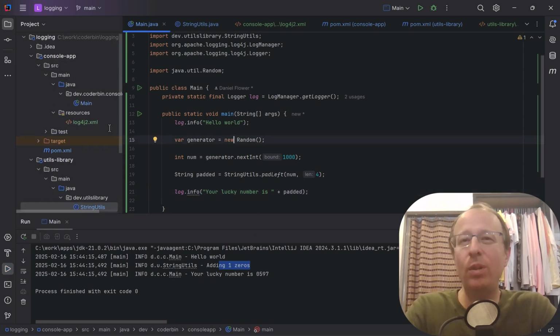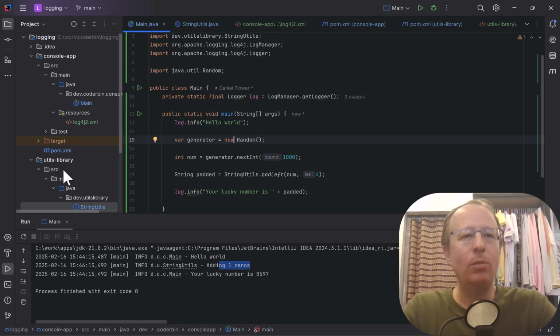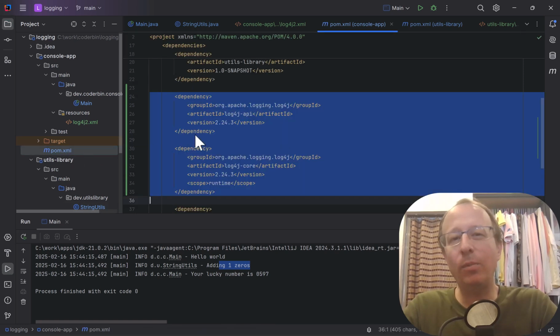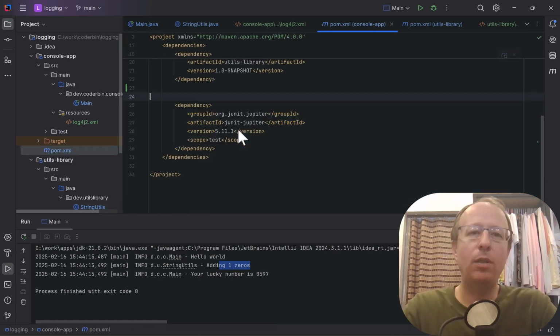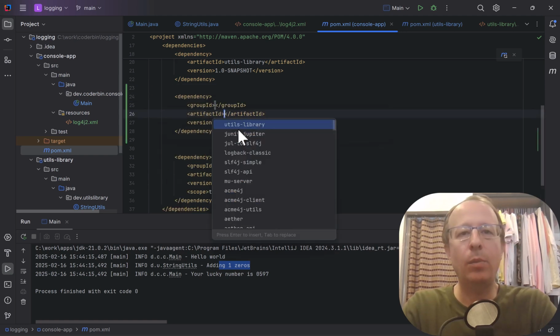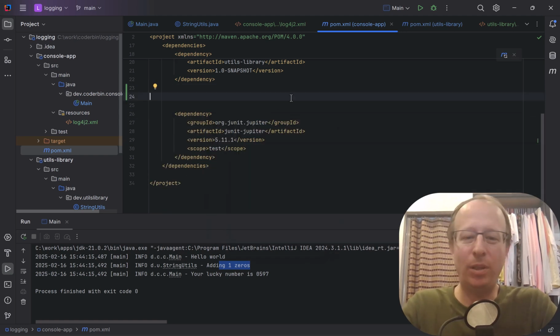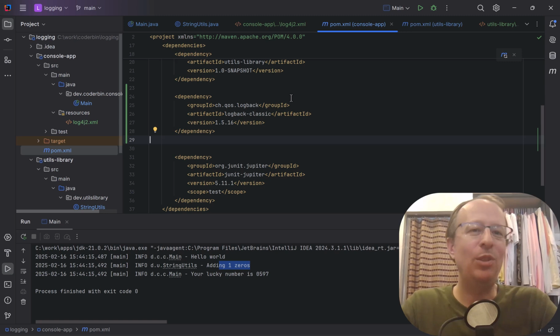Because there are multiple logging frameworks out there, and so you're not generally going to be using exactly the same logging framework as all of your dependencies. So what happens if your application uses, say, Logback, whereas your dependency is using Log4j? Well, first of all, let's use Logback. Logback is an alternative to Log4j. It's quite popular, but I'm not going to say if it's better or worse, although I do generally prefer to use it.